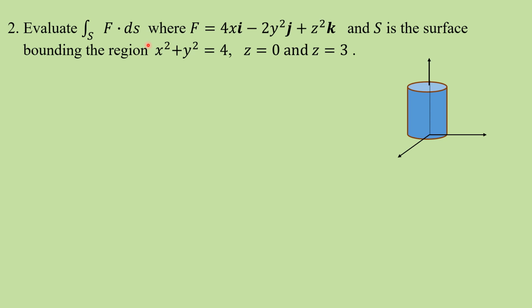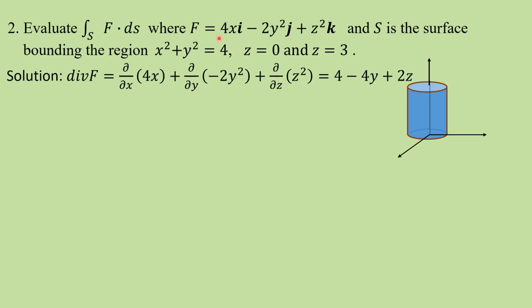Now by Gauss divergence theorem, I have to find the surface integral, which in turn I can write in terms of the volume integral of divergence f, where divergence f I have to first find, that is dou f1 by dou x plus dou f2 by dou y plus dou f3 by dou z, where f1, f2, f3 I have taken here.